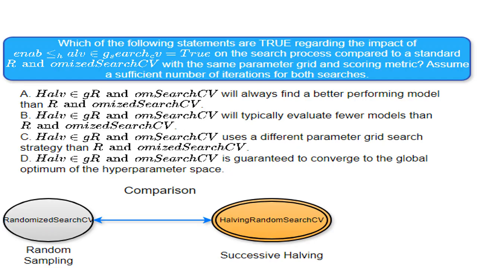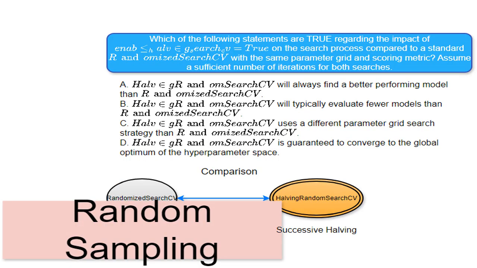This refers to the core strategy of HalvingRandomSearchCV. I start with a large set of models, evaluate them, and discard half that perform poorly. Then, I repeat. This process continues until some stopping condition is met, making it far more efficient than a simple random search. This is the strategy used by